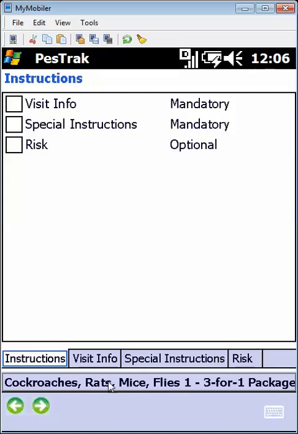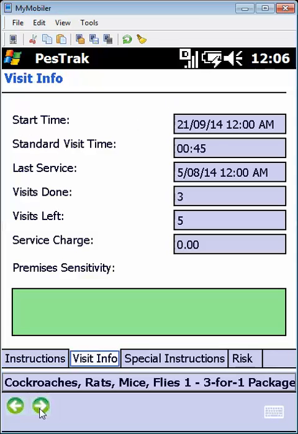And you'll now see a new screen where we've got visit information, special instructions and risk. Risk is optional. Mandatory means that you must view these tabs that are at the bottom, visit information, special instructions. You can individually tap on the tabs, or you can press forward through the program. So if we press forward, it will take us to a visit info screen, and then if we press forward again,